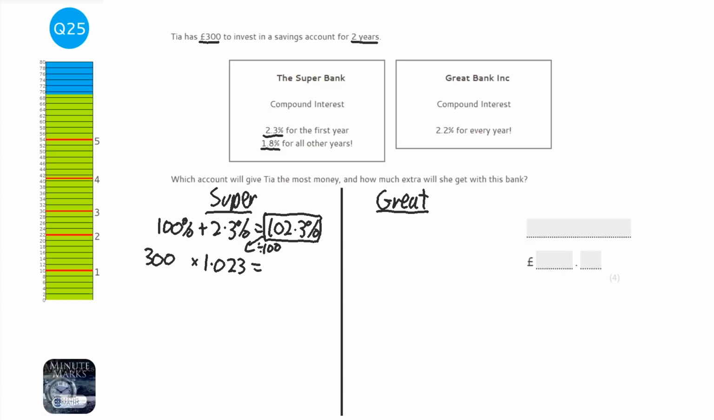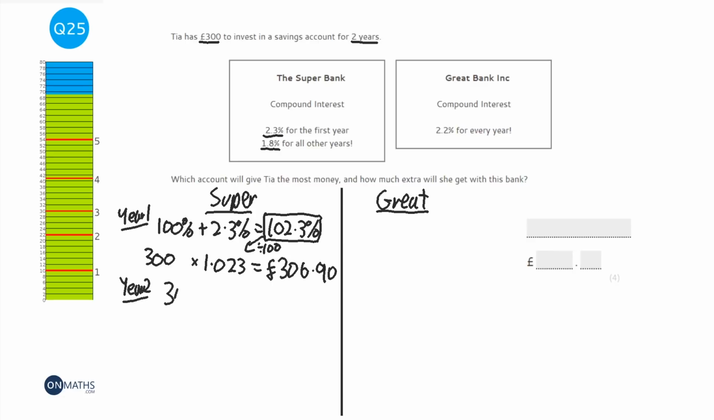300 times 1.023. And you might need to press S to D. And that is £306.90. Okay, so that's year 1, and we might as well just write year 1 somewhere. Okay, so year 2, we've got that £306.90, and we